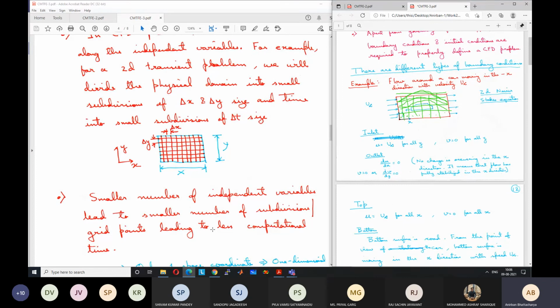And we can divide the room into say 10 steps along the floor, so along the x direction, if the floor is along the x direction. And if the wall is along the y direction, we can divide it into 10 steps. So in the 2D problem, we will have 100 steps, 100 control volumes like this. So this is say the floor and this is the wall, and flow is coming from one side, going out from the other side.